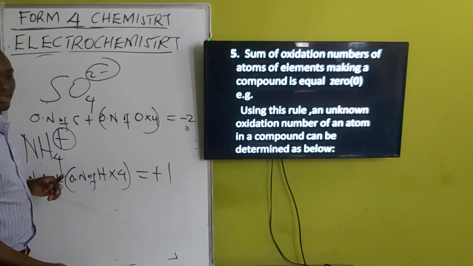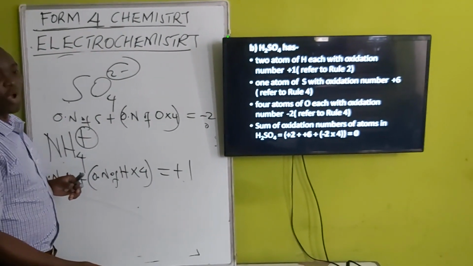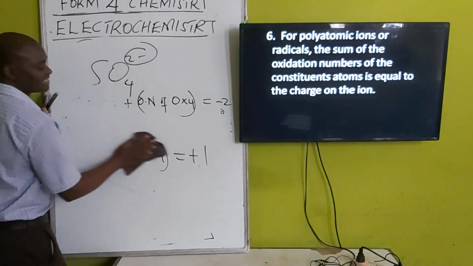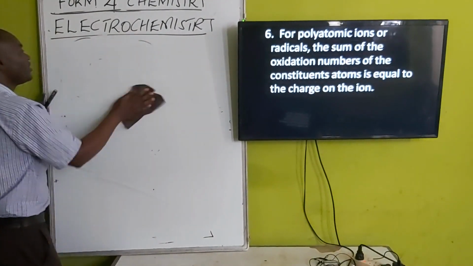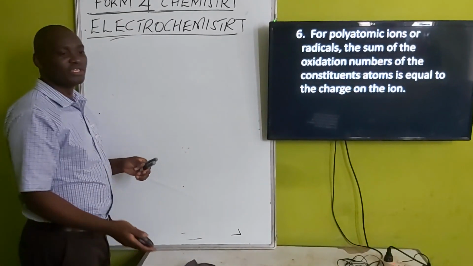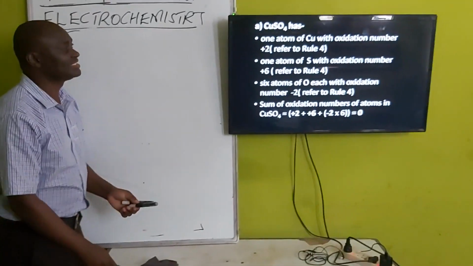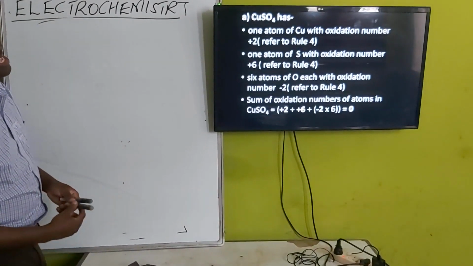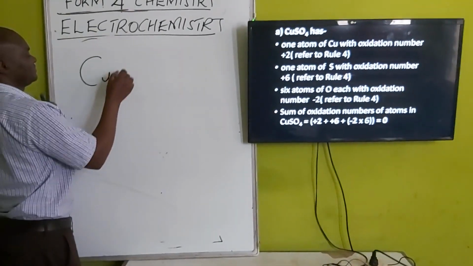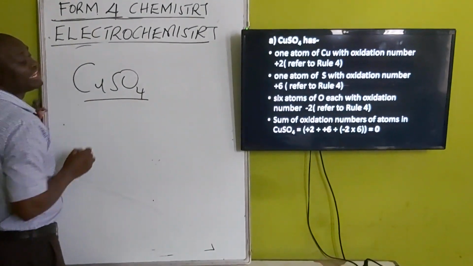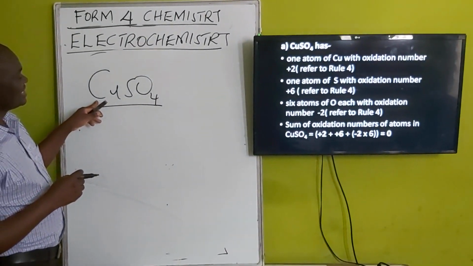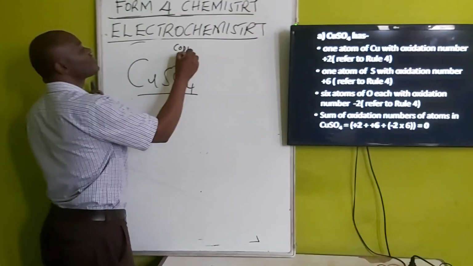So those are the 6 rules that we are going to rely on when calculating oxidation numbers. So let us look at the first example. Like if you are given copper 2 sulfate, it means copper 2. See, when you talk of copper 2,